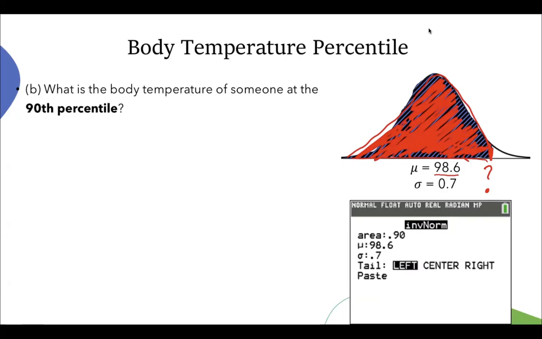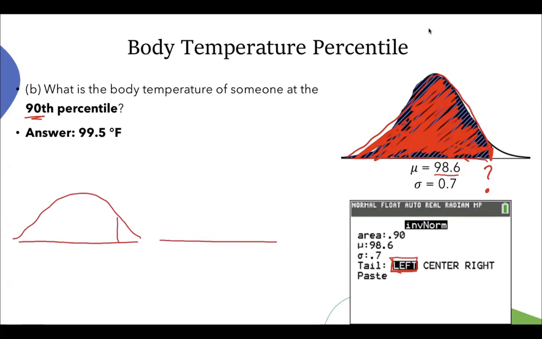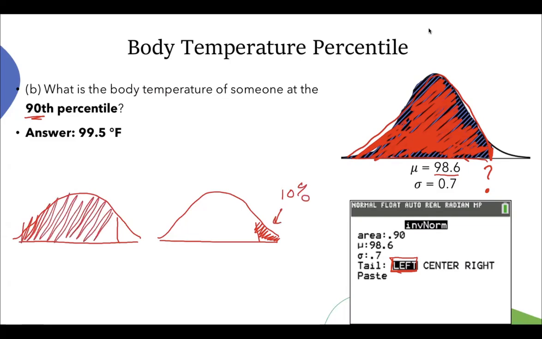So you use inverse norm, 0.90, 98.6, and 0.7. Again, it's a percentile, so you're working with area on the left. And you're going to get 99.5. I want you to recognize here that 90% of area on the left is going to yield the same kind of answer as 10% of area on the right. So if I make this picture 10% and I compare it with the answer I get from this picture, where this is 90%,